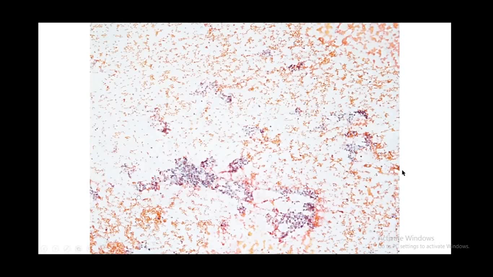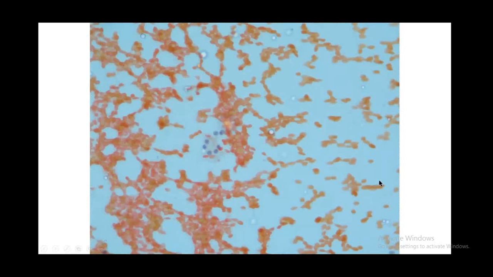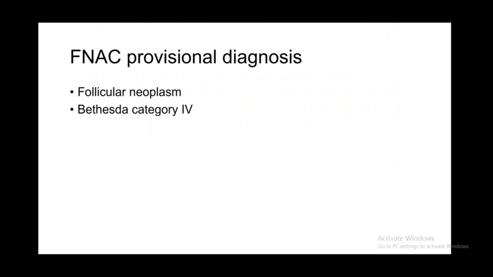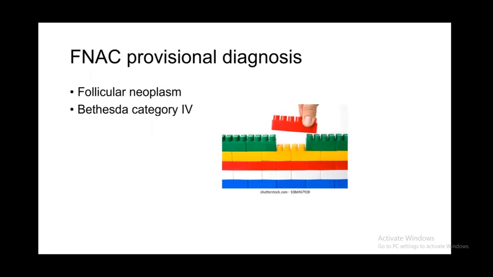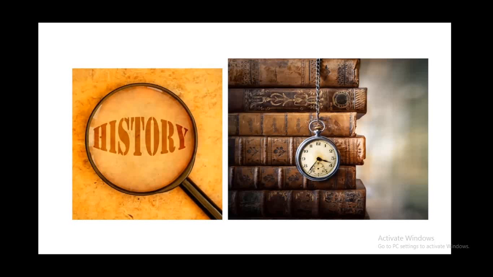So Pap smears were not great. They were hemorrhagic, but they recapitulated the findings of these neoplastic cells with low NC ratio and follicular arrangement. This was given provisionally as a follicular neoplasm, Bethesda category 4, but something was not fitting with the primary thyroid neoplasm. So we went back to the history of this patient and dug out the history, and we called